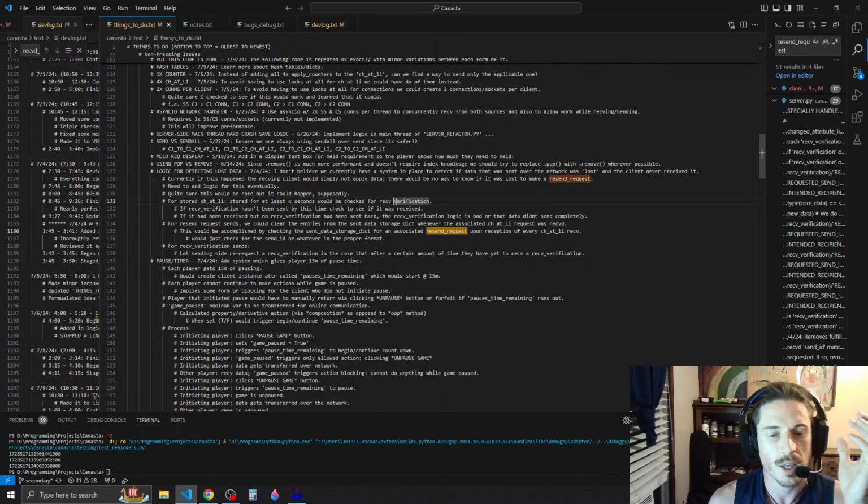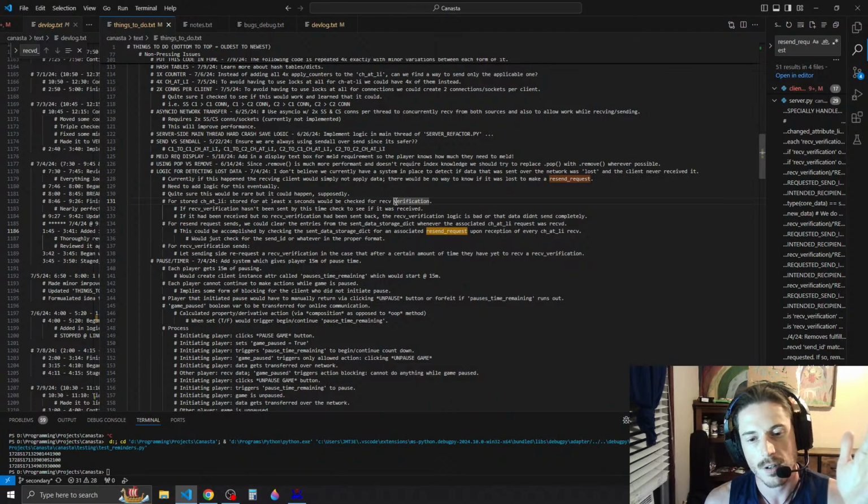But if we hadn't received that data on the receiving side, the send ID, we would say, no, we haven't received that, and then we would request for them to resend it. And we would have access to that send ID because they would have just sent us a request saying, hey, you never